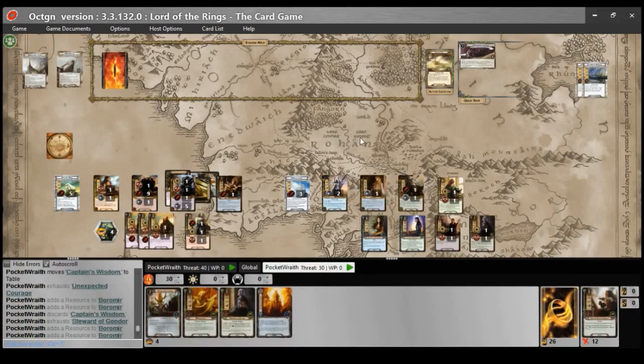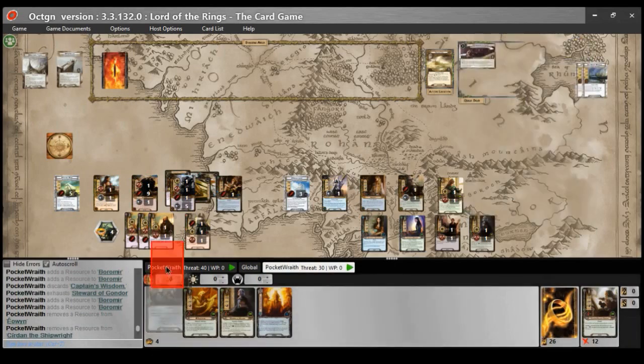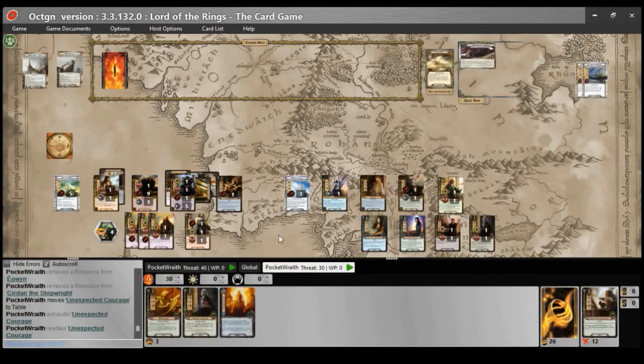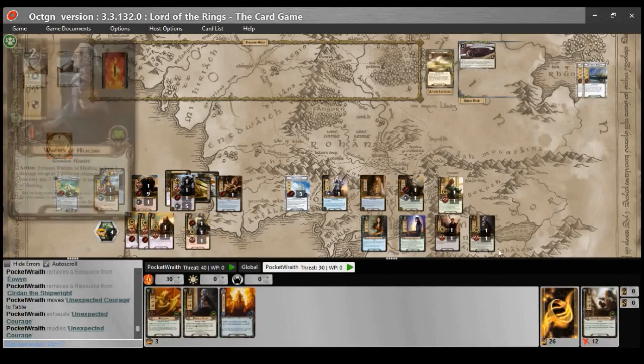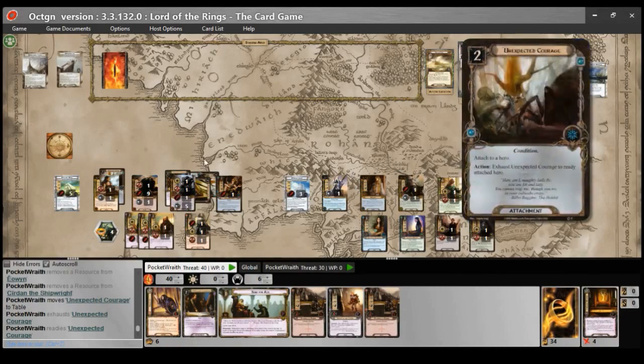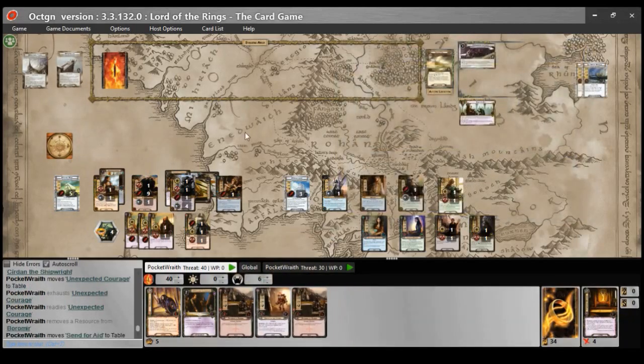Okay. Now, let's see, that unexpected courage is definitely a good idea. Going to put this one on Nasir. I did not mean to exhaust that. That was an accidental double click. I mean, the healing is going to start getting under control, hopefully, just with the one Warden, so I could go for Glare Wine. It depends on how I feel about my resources over here. So I definitely want to play Send for Aid. And then...